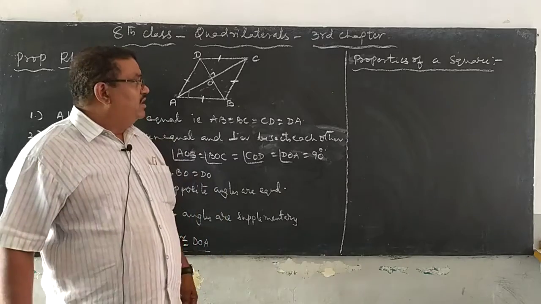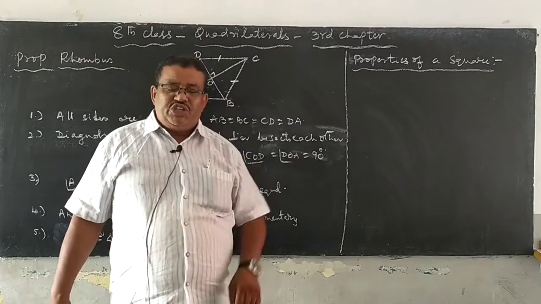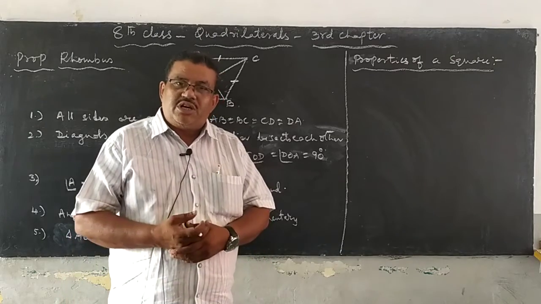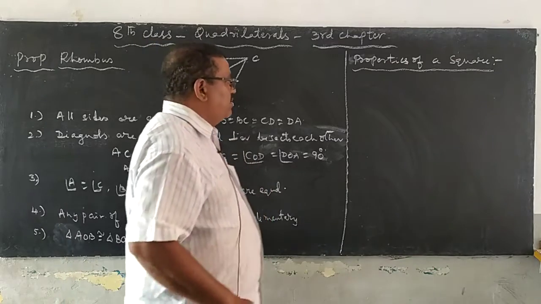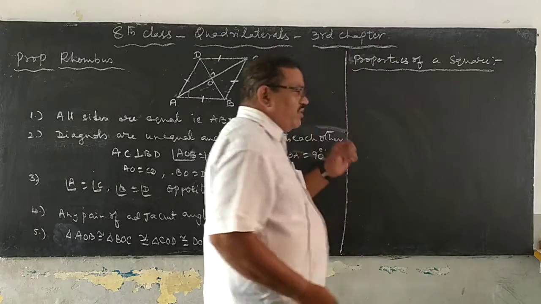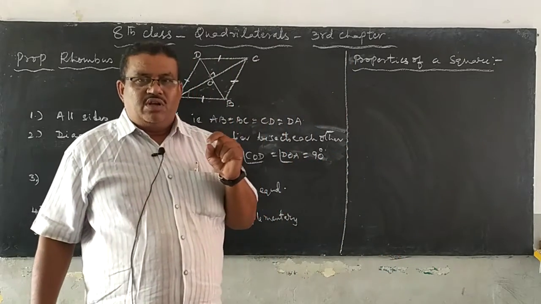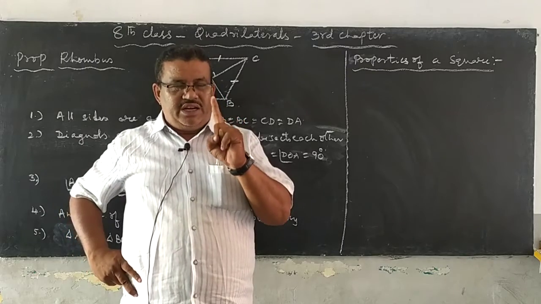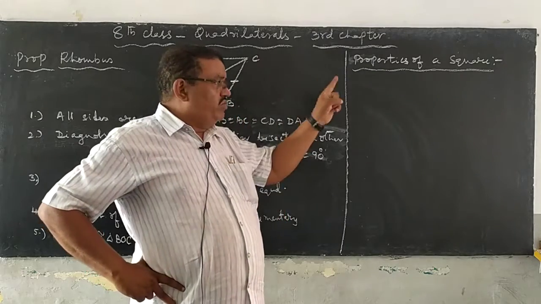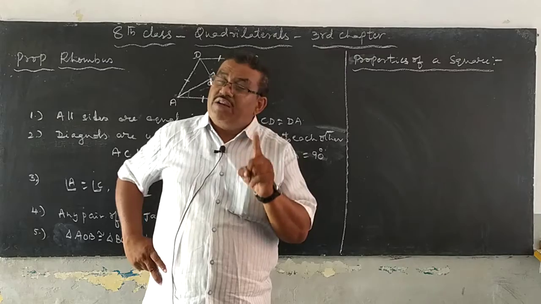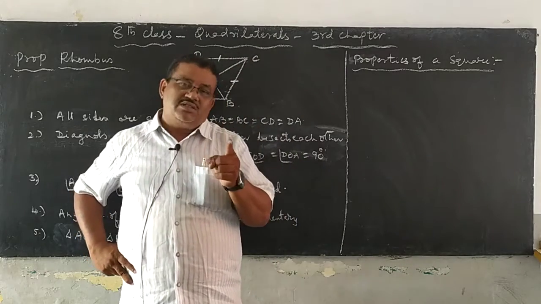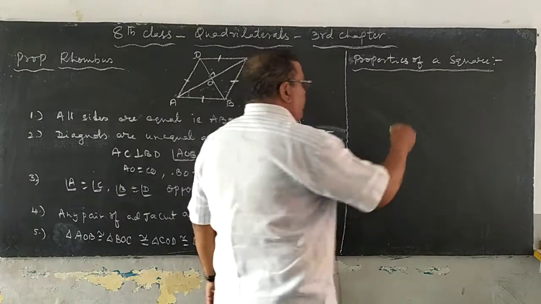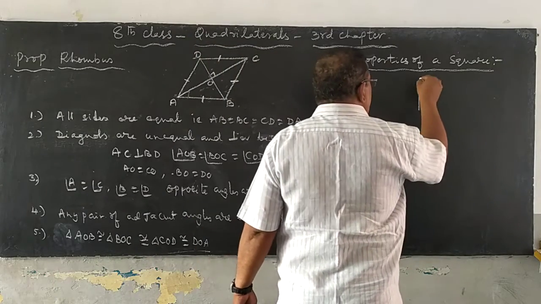Second one is a rectangle in which any pair of adjacent sides are equal, the obtained diagram is said to be square. These are the two definitions. These two definitions you have to write in your classwork. First one, a rhombus in which one of the angle is 90 degrees, that one is said to be square. Second one, a rectangle in which any pair of adjacent sides are equal, the obtained diagram is said to be square. Okay, properties of square we have to discuss now.